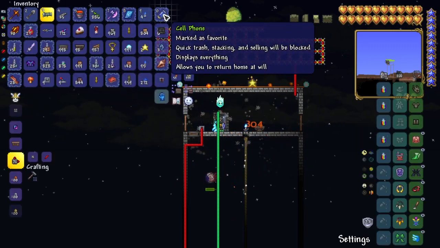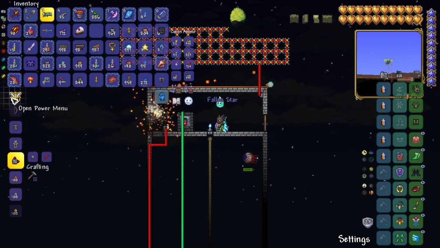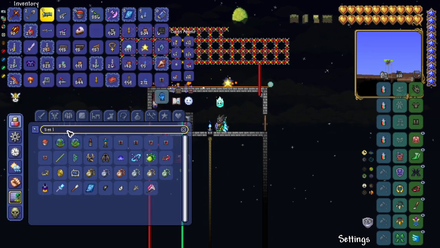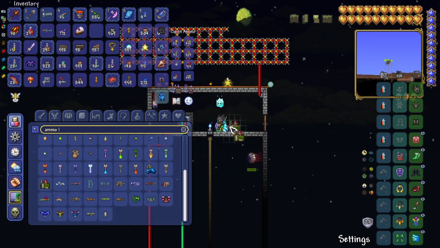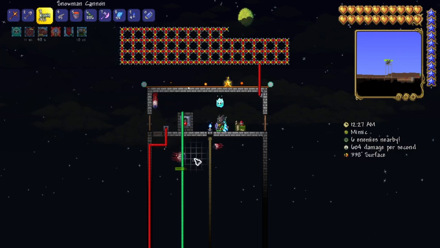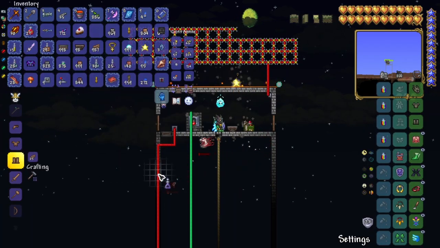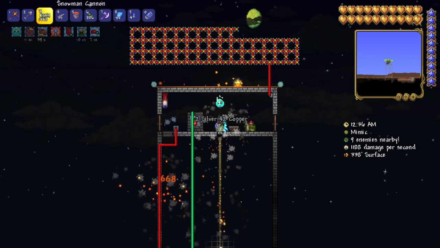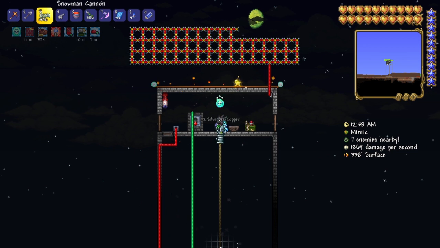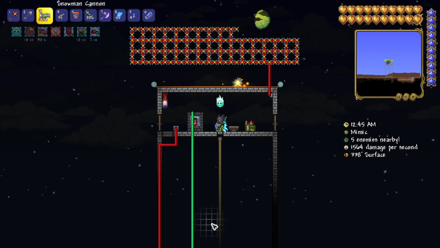All you have to do at this point is put down your little buildings or whatever, like your banners, your ammo boxes in this case, since I'm using a ranged weapon, or whatever other buildings you have. You know, your piggy bank, your safe, etc. And yeah, you're basically ready to go with the farm now. You'll get frequent mimics. At least I usually get one mimic every 20 to 40 seconds or so, sometimes multiple mimics. So this is a very good way to get mimic drops early on when you start